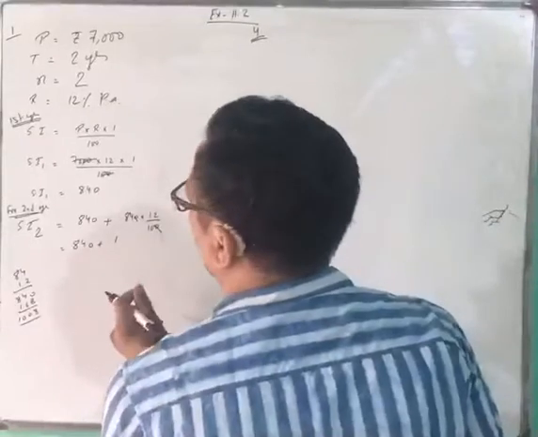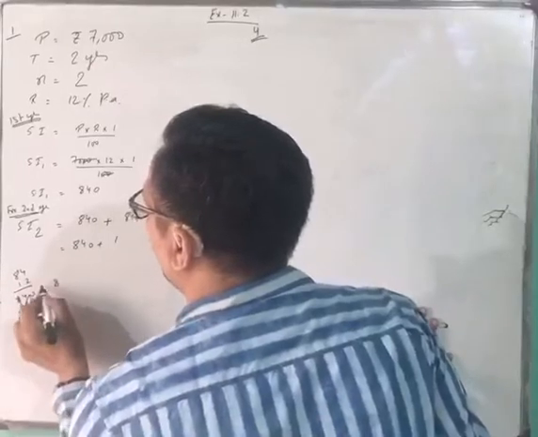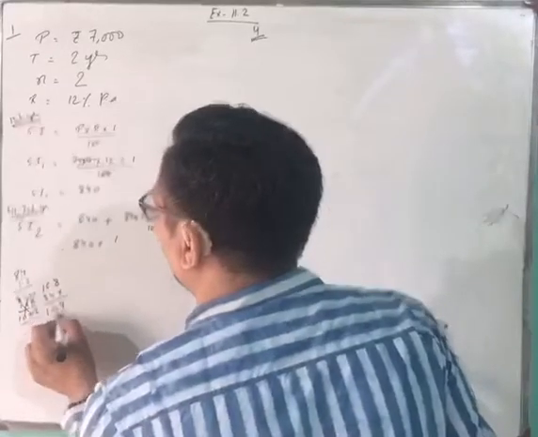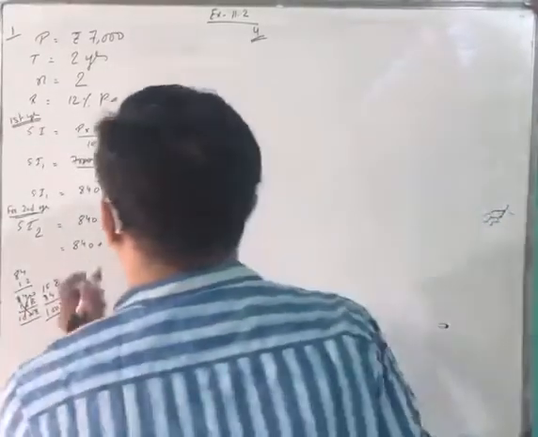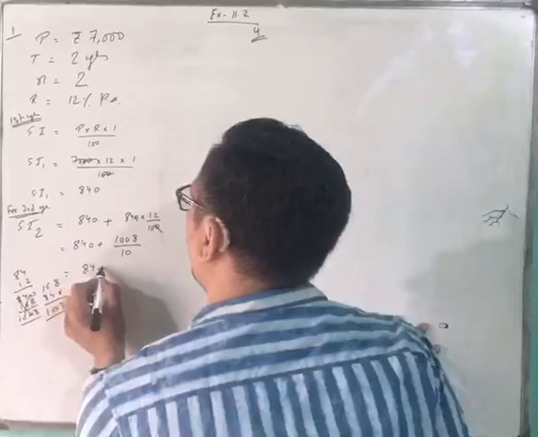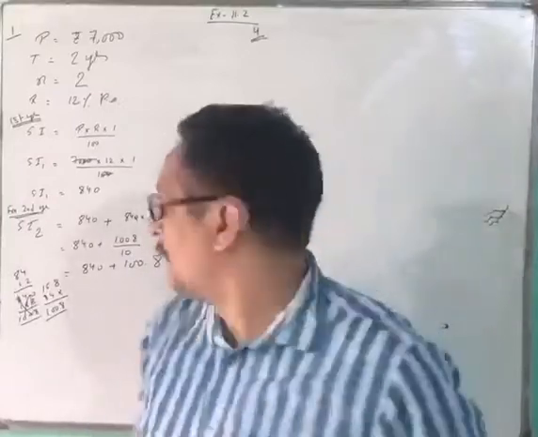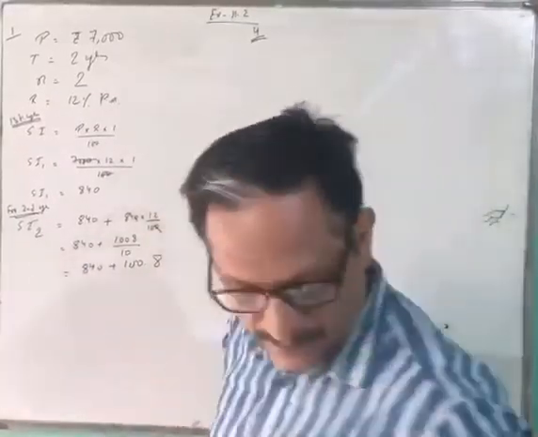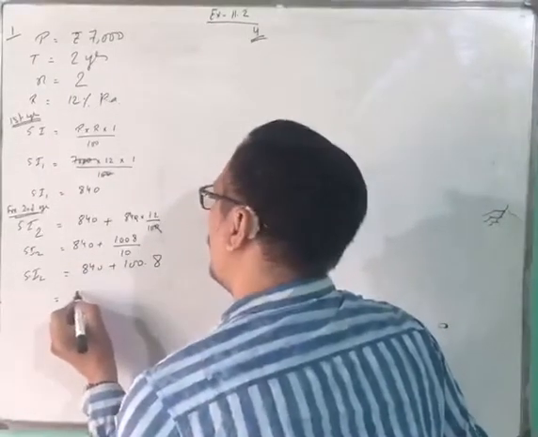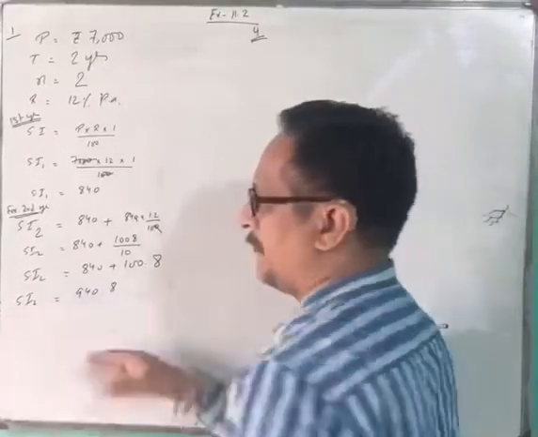First of all, we have to multiply very well. Let's see, 8 2s are 16, 4 800. So 1008 upon 100. When you find it out, you get 100.8. Now when you sum up, you get 940.8. So this is your second simple interest for the second year.